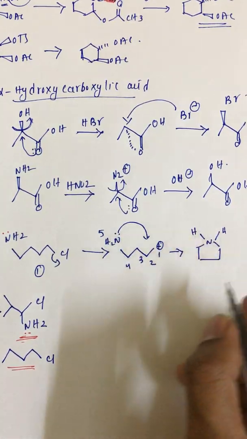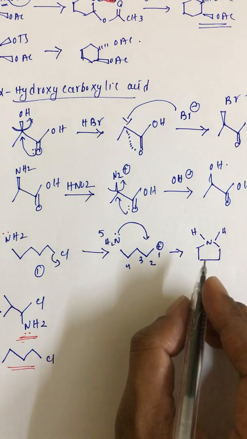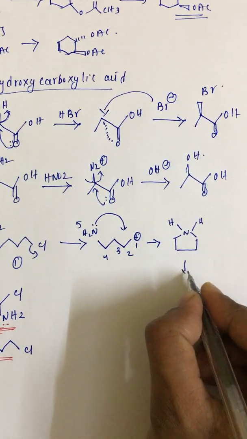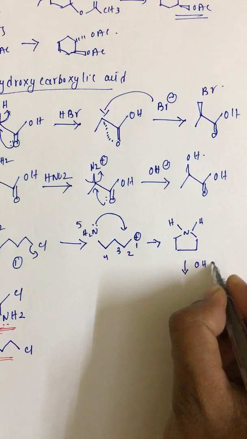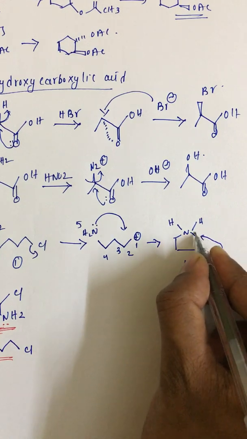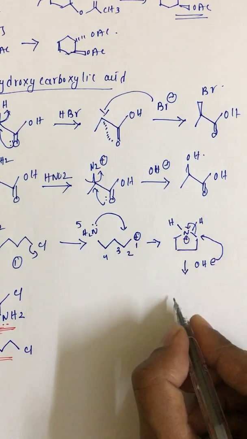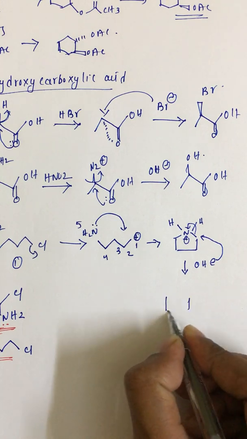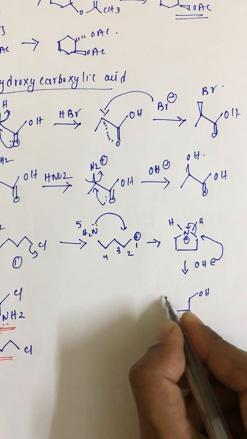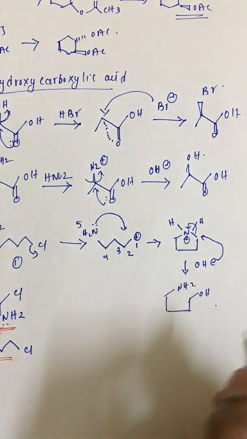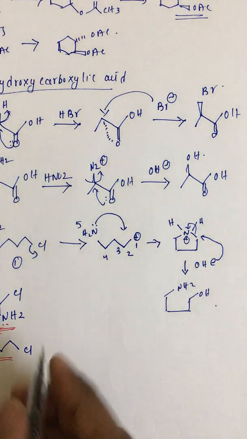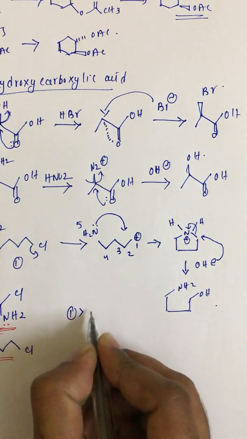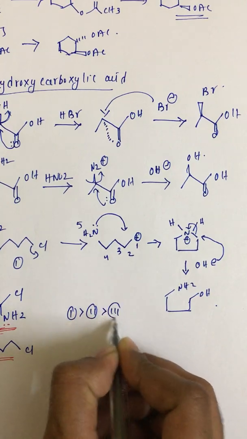We know that the 5-member ring is angle strain free, ring strain free. OH minus comes and attaches to this, and this bond goes like this, and finally we'll get this compound. Okay,